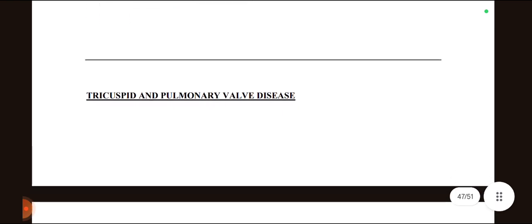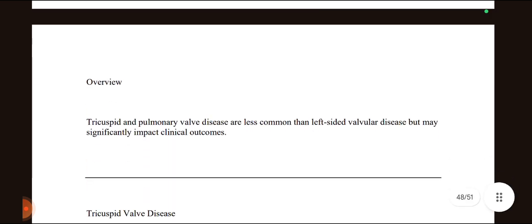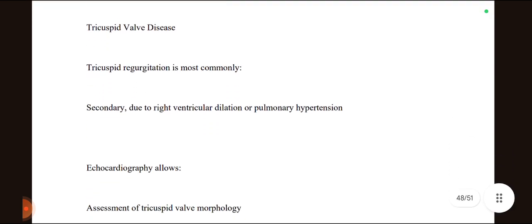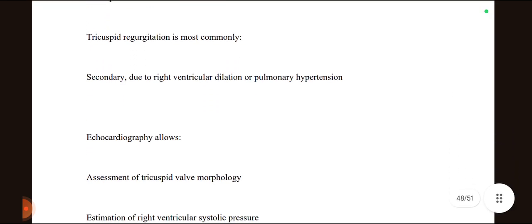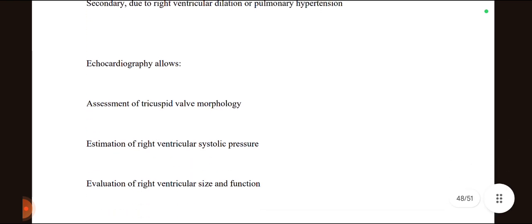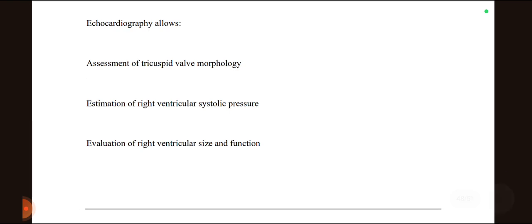Okay, so we have completed the aortic stenosis and regurgitation and mitral stenosis and regurgitation. Now, some short discussion about the tricuspid and pulmonary valve disease. Tricuspid and pulmonary valve disease are less common than left-sided valvular disease, but may significantly impact clinical outcomes. So, tricuspid valve disease is most commonly secondary due to right ventricular dilatation or pulmonary hypertension. So echocardiography will allow the assessment of tricuspid valve morphology, estimation of right ventricular systolic pressure, and evaluation of right